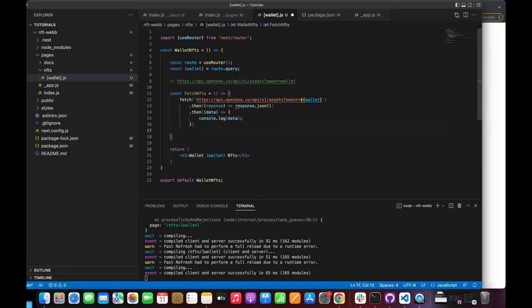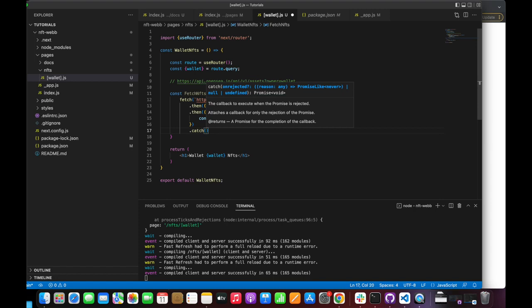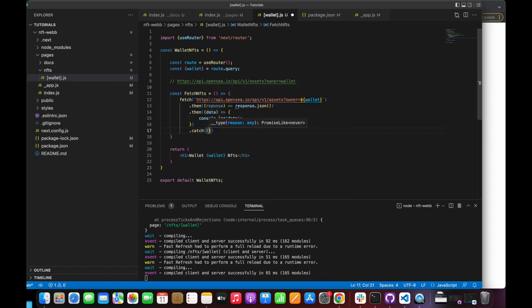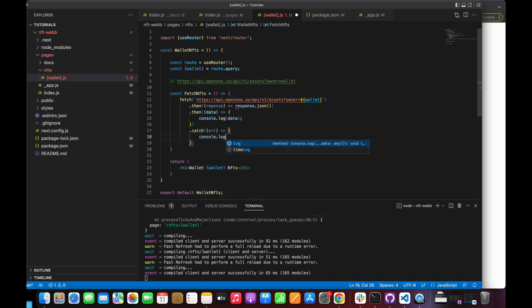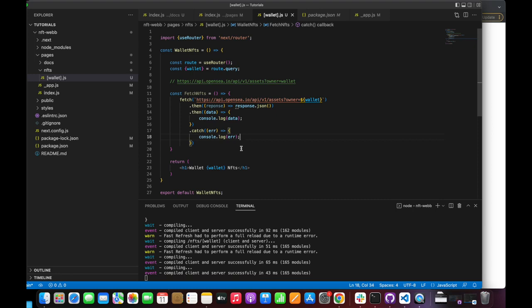So one thing we need to do is, in case there's an error fetching, we need to actually catch that error, so that if it fails, it's going to return us what the error was. So we will do .catch error, and then we're just going to console.log error. Okay, so now that we've created this actual function,